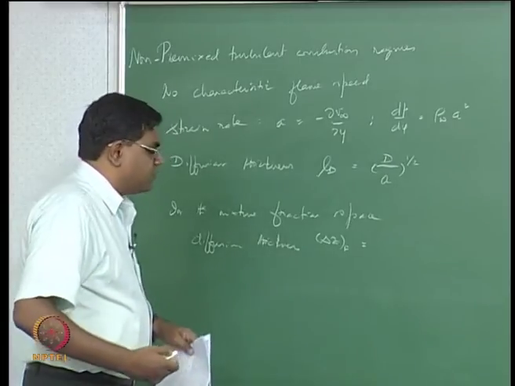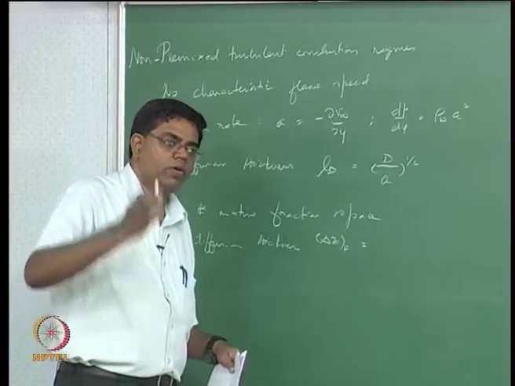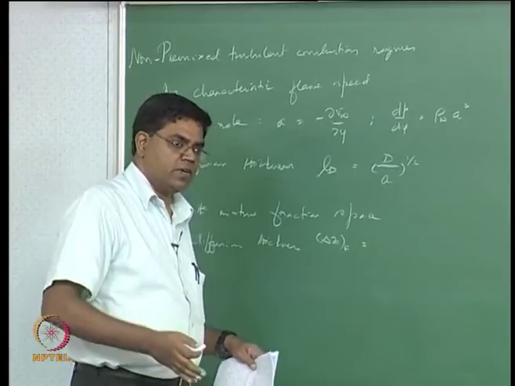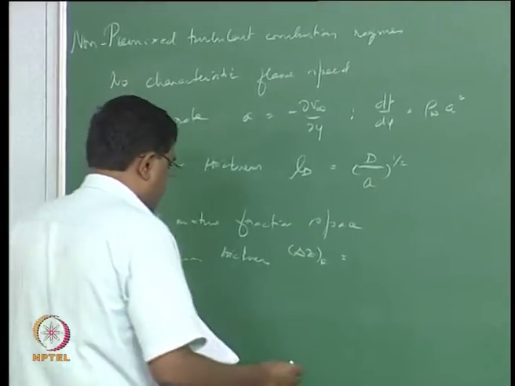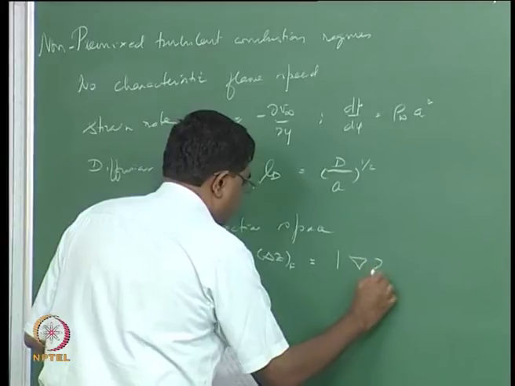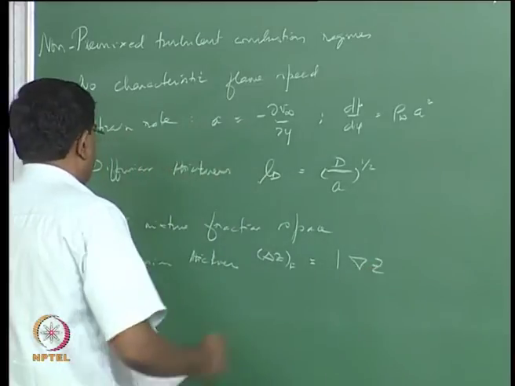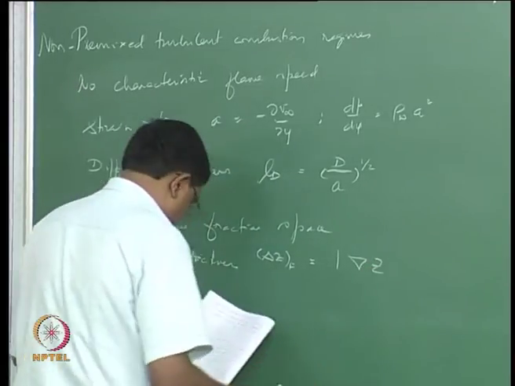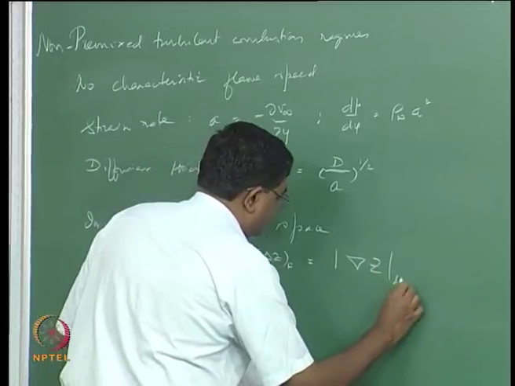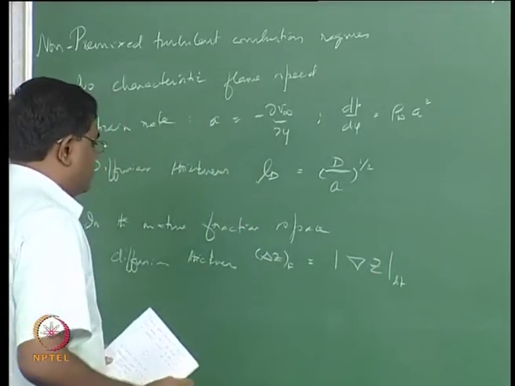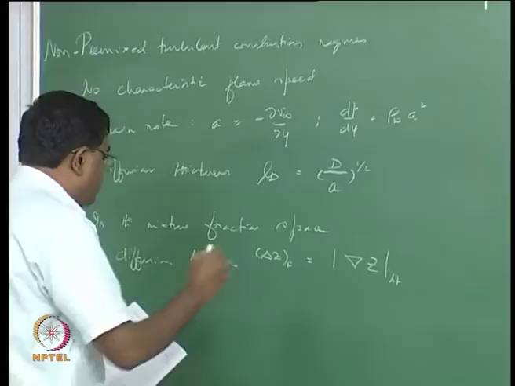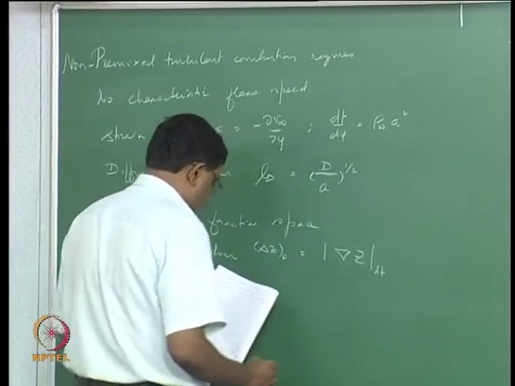So in the mixture fraction space it's always about the stoichiometric mixture fraction where the flame is. Therefore what we are looking for is the conversion from the physical space to the mixture fraction space, which goes through the modulus of the gradient of the mixture fraction at stoichiometric condition